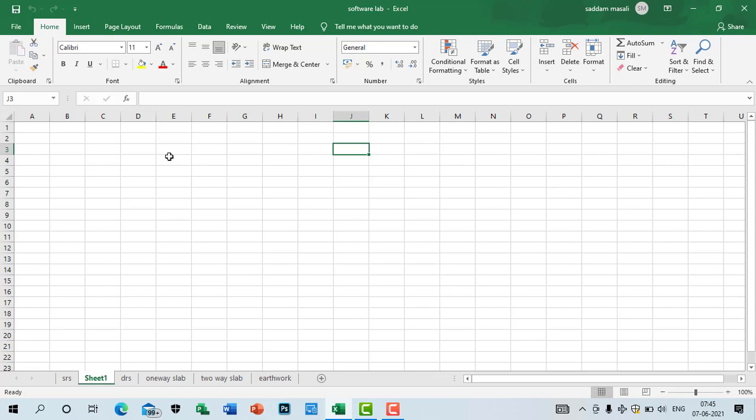Now to get a brief idea of how Excel is to be used and for what reason, this is actually a data management tool wherein we can conduct the calculations in a very sophisticated manner. For example, let us say I have a number in B4.